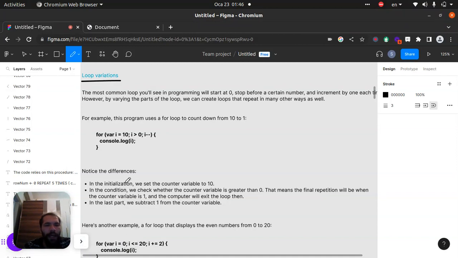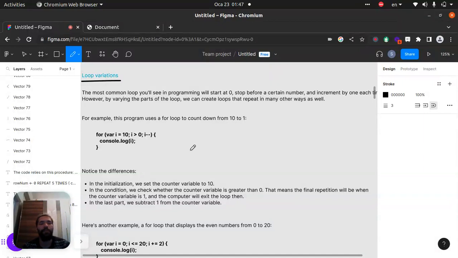All right. I already explained about variations, which is we use minus minus, plus plus, or plus equals 2. These things help us increase our loop variations in different ways. For example, I don't want to increase it one by one. I want to increase it two by two, like three by three, like that. Sometimes I want to do it like that. It will be like 3, 6, 9, 12, all the way like that, or 4, 8, 12, 16,